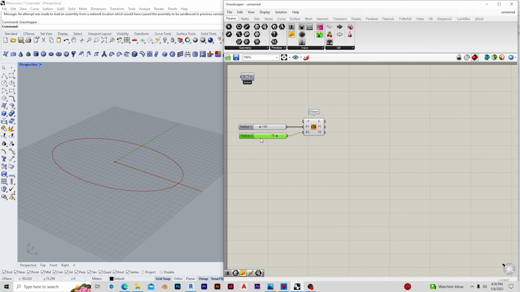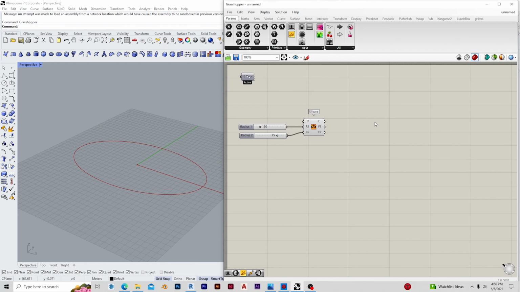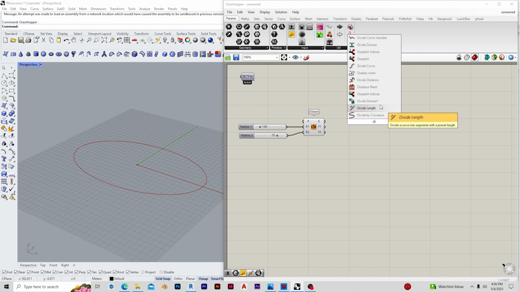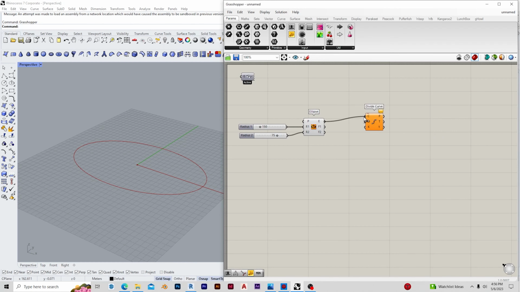Now I'm going to divide this ellipse into equal parts. So I'm going to hit divide curve component. Yeah. Now I'm going to divide it by 50. So after the division is done,